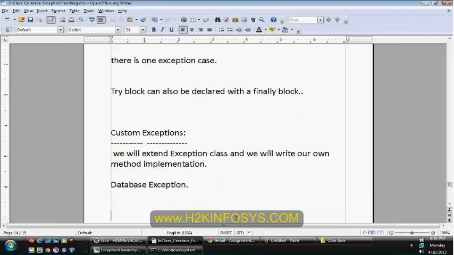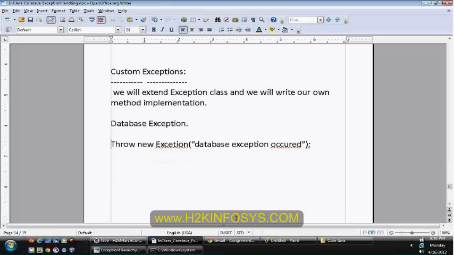You can still go ahead and throw new exception of database exception occurred. No issues. You can write like this and the client might understand by looking at the exception message. But let us say if you want to extend the functionality, and you have the option of extending your exception class and writing a separate class. Let us say in our case,